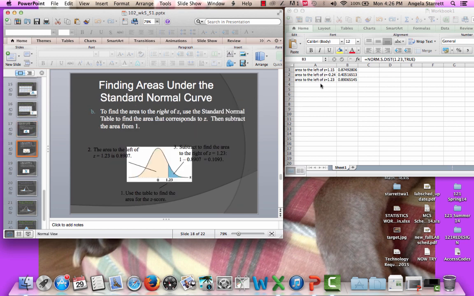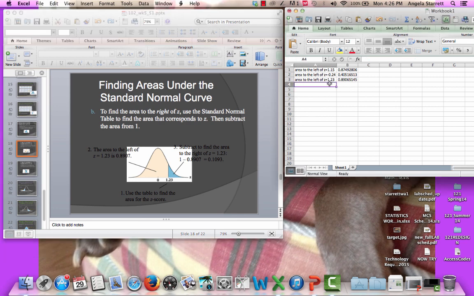Okay, now let's start making it a little bit more difficult. Now I want the area to the right of 1.23, and this is where you have to use what you know about the standard normal curve. The total area is 1, and so we need to do 1 minus the probability to the left. All right, so if I want the probability to the right, I'm going to do 1 minus